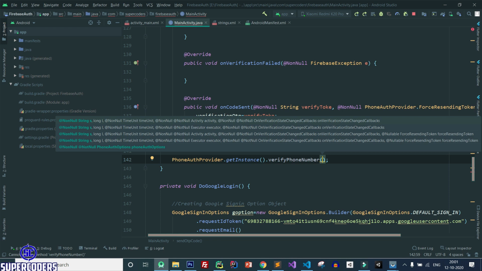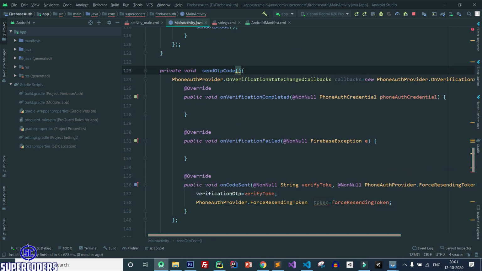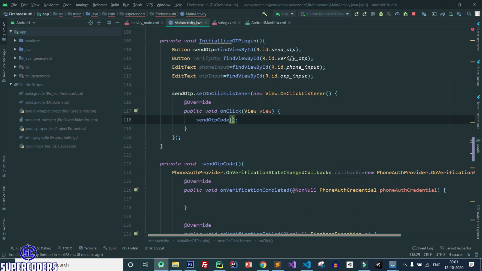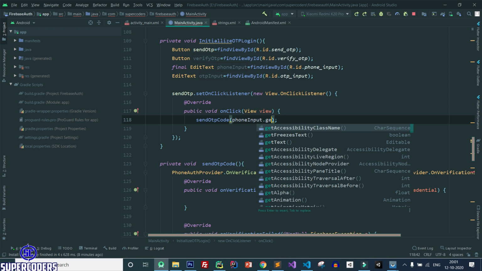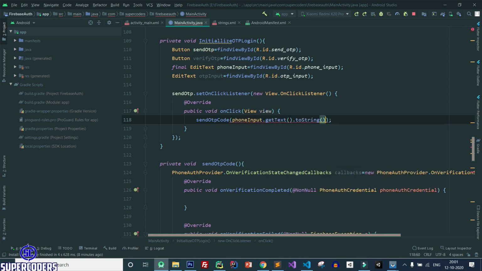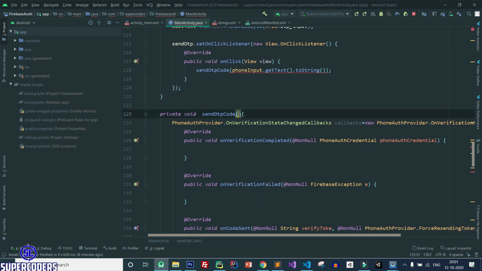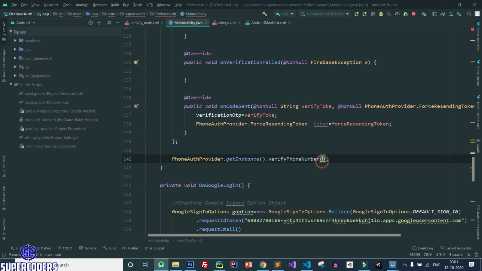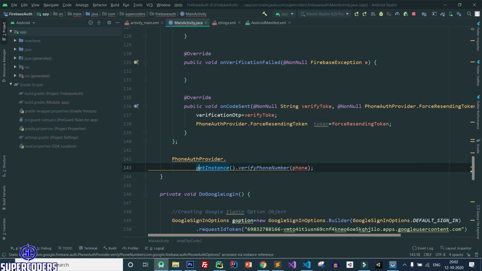After that we need to pass the object or phone number. So here pass the phone number like this. Phone input dot get text dot toString, string phone. Now after that pass the phone number here, and let's do some line break.